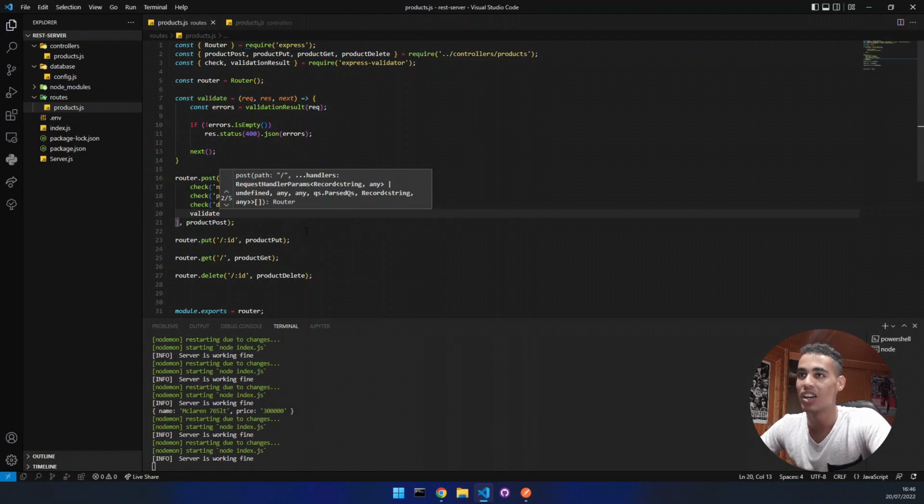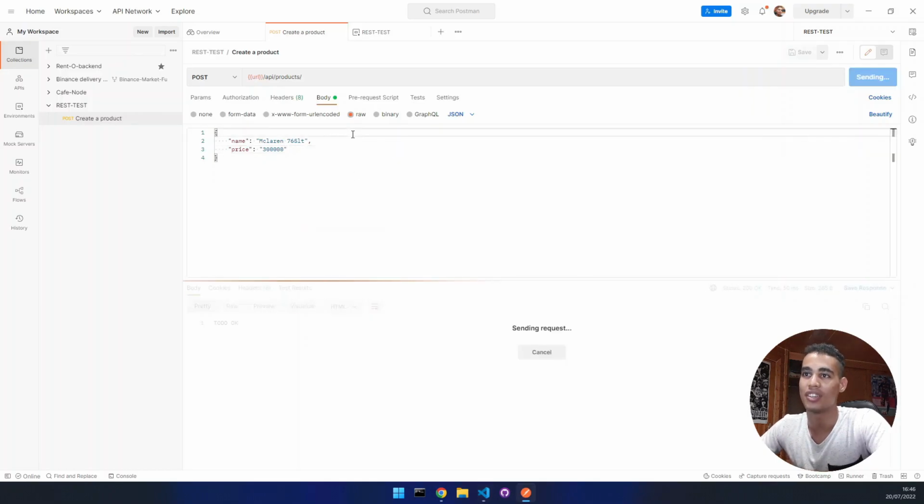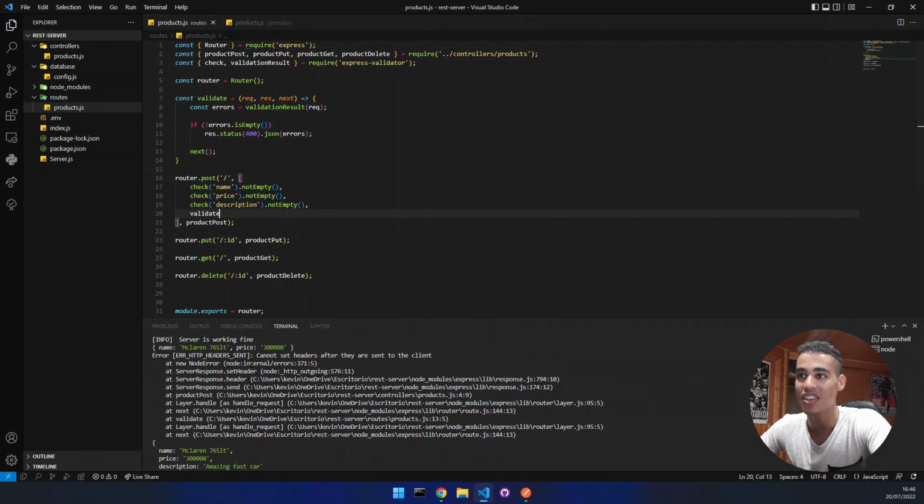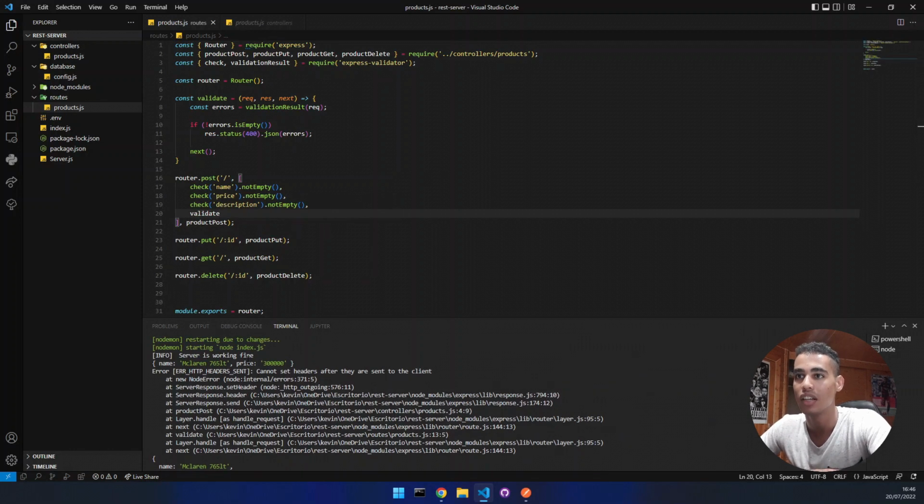That simple. So now let's come back here and let's execute. And you see that now we have the errors and it says invalid value in the description. We don't have a description. What if now I come and say description, and let's put, for example, amazing fast car. Everything okay. That's how you use validators. And here indeed I have an error, and I think I'm trying to do something, so it's working fine. It's just that it says cannot set headers after